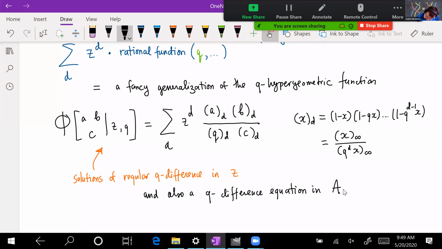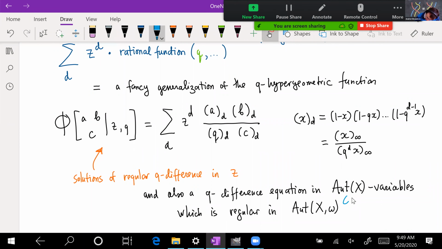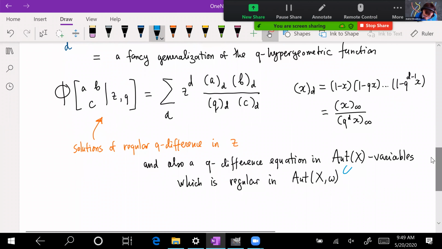In the automorphisms of X variables, which is regular in the variables that preserve the symplectic form. So that's a subgroup here. And so what would be